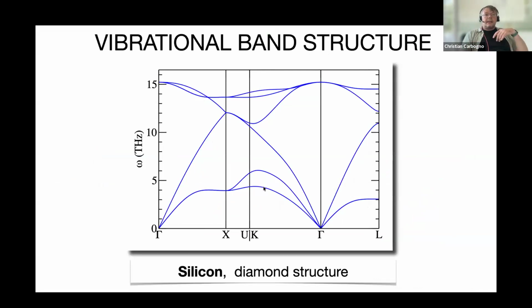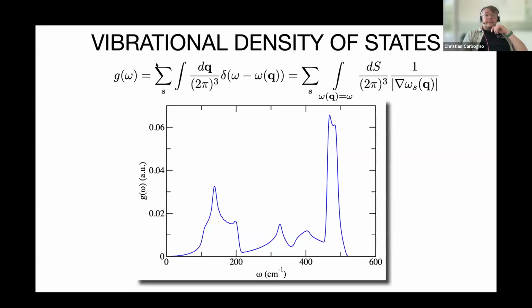What we typically also like to calculate is the so-called density of states. This is nothing else than the integral over this band structure, where we actually count how many vibrations or vibrational modes are present at a certain frequency. And you can rewrite this integral over a delta function, essentially as an integral over the surface where you're looking at the gradient of this thing. And then you essentially get different peaks. It tells you where actually phonon modes are.